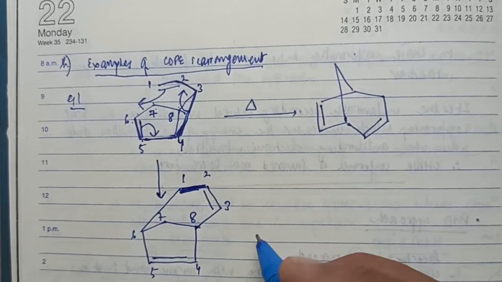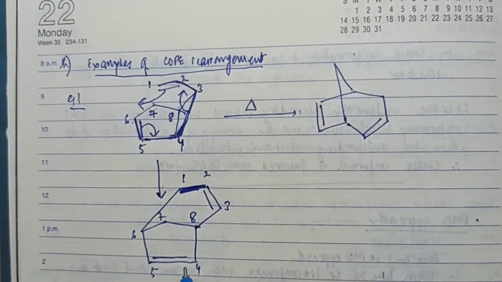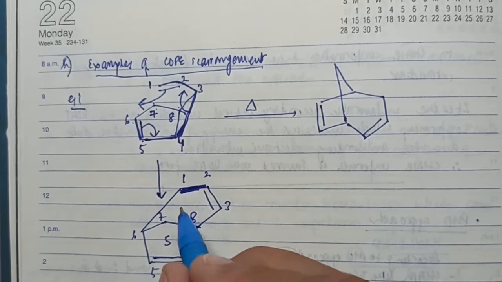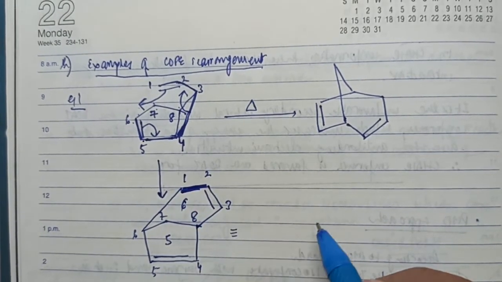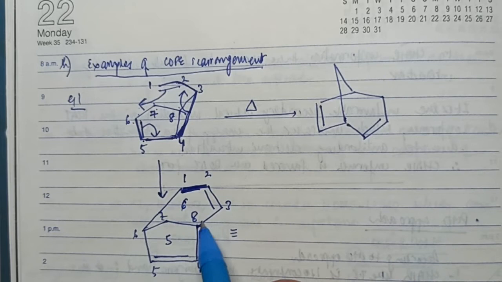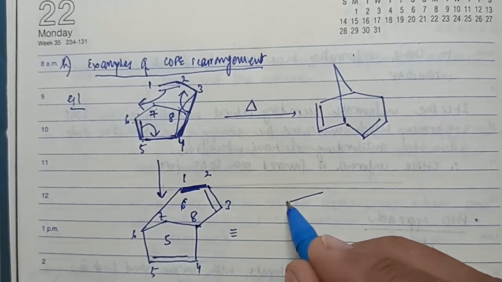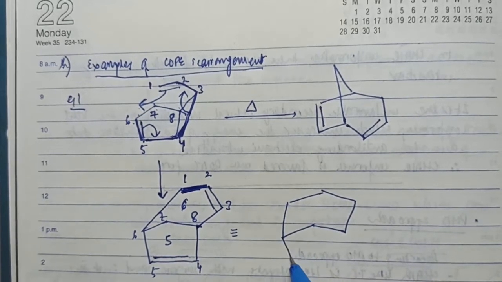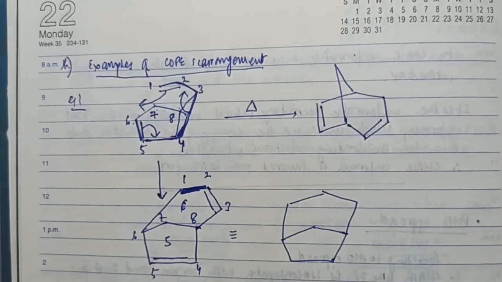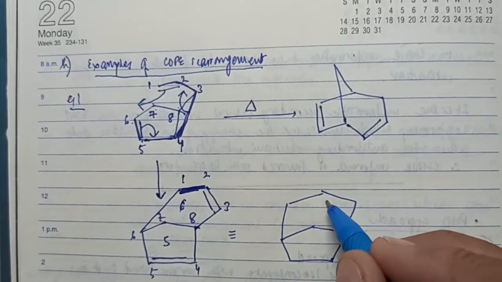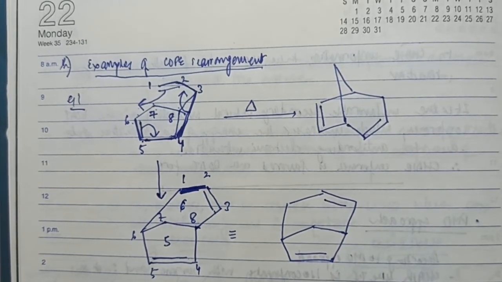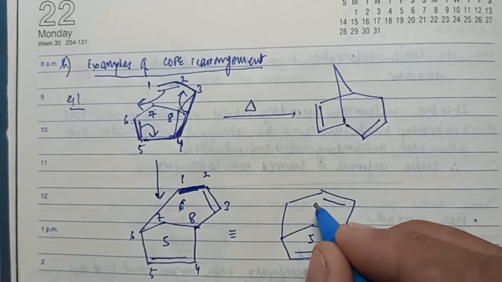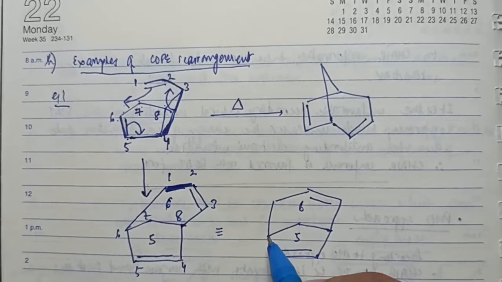Now this is the molecule which we have obtained post a Cope rearrangement of the starting compound. Now if I have to write this molecule properly, you can see that this is a bicyclic system which has a 5 carbon atom ring, and this one is a 6 carbon atom ring. If I have to write it again, this is a 1, 2, 3, 4, 5, 6 carbon atom ring. I can write it like this, and this is a 5 carbon atom ring, something like this, right? There's a double bond at this carbon atom and there's a double bond here. This is the system which I am dealing with. I can easily see it. This is a 5-membered ring, this is a 6-membered ring, and these two carbons are bridgehead.